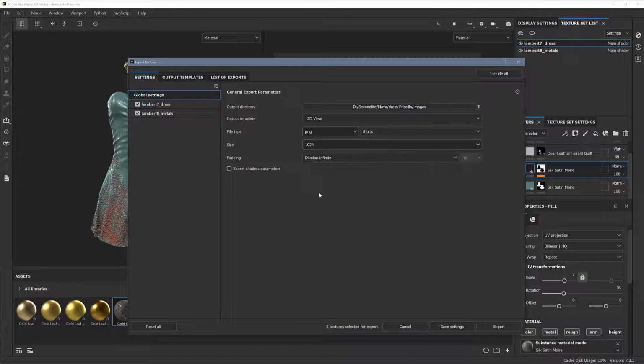The size I'm going to export in already in 1024. If you have something very detailed like tattoo or skin or something, you probably would export it in a bigger version and then shrink it down later in Photoshop if you want to do something with it, or even if your final texture is in Substance and you will use it as is for Second Life, you can export in 2048, but Second Life will shrink it down anyway. Sometimes the way Second Life shrinks it results in a more blurry version, so that's why I usually shrink it down myself,